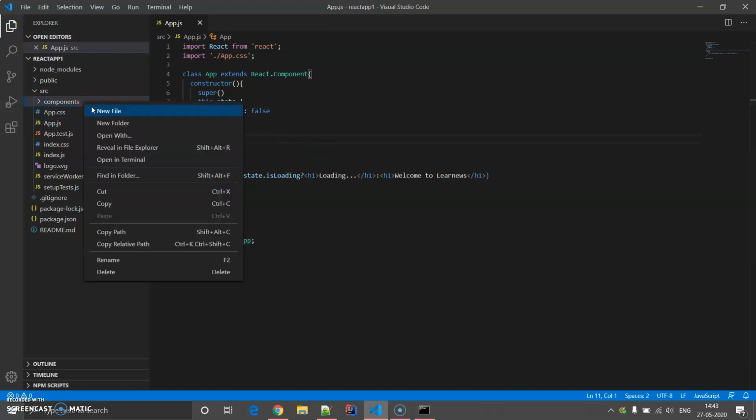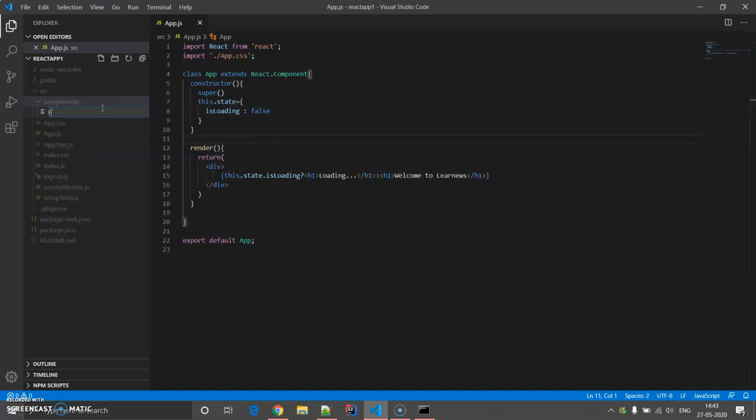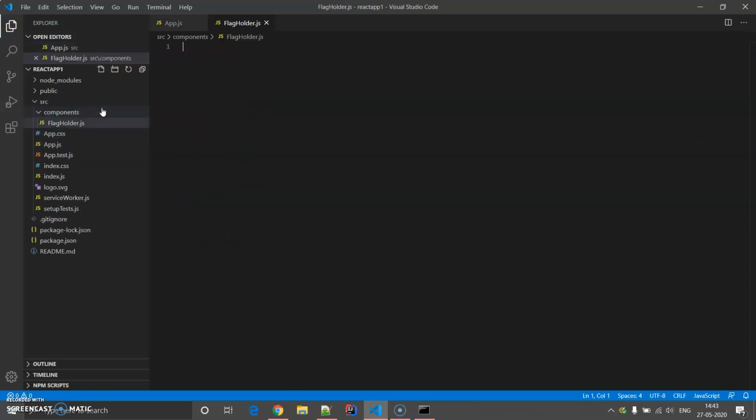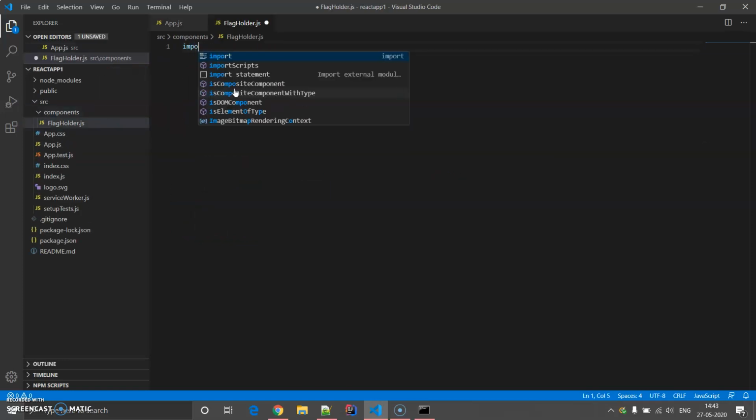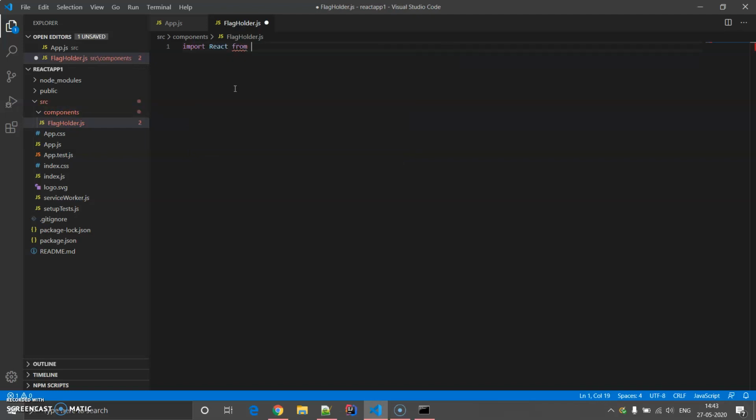So let us do one thing. Let us declare a component, FlagHolder. In FlagHolder, let us import React from React.